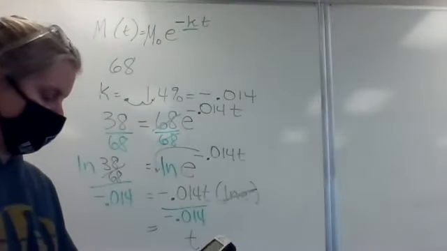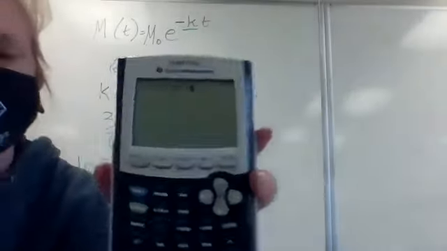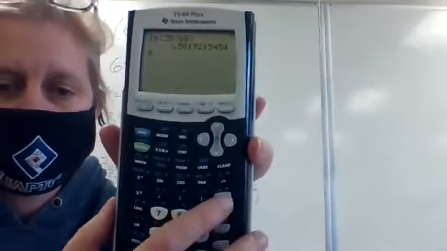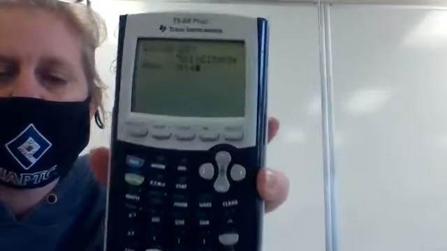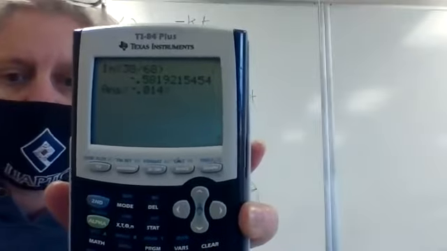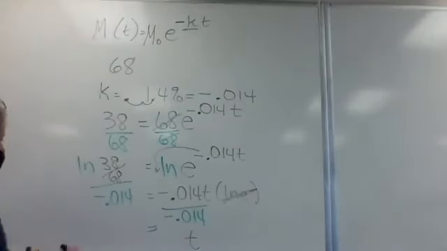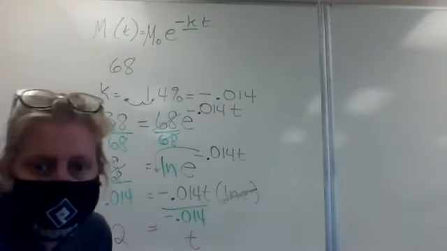So ln 38 over 68, close it, enter. Now divide that by negative 0.014, rounding it to the nearest year, the nearest whole number. So 41.5 will round to 42 years. So it'll take 42 years for the cars to go from 68 million to 38 million. All right, so that is